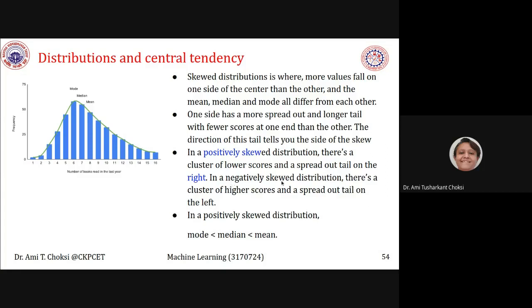In positively skewed, the tail is on the right hand side. Now, in a positively skewed distribution, we can say mode is less than median is less than mean. Positive means the mean is on the greater side. Positively means the mean is at the right hand side, and the tail is also at the right hand side.